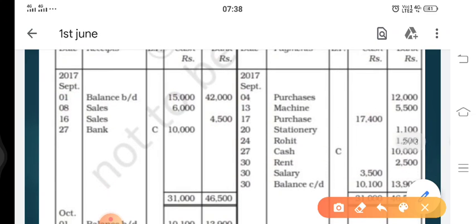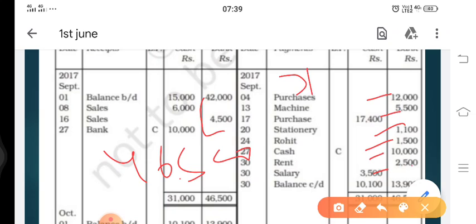Now let's check the bank column. In the bank column, here we have 42 plus 4, that comes to 46,500. But we have discussed that here any balance could be greater. Currently we can see in this question that 46,500 is written, which means this is the highest balance, but still we'll check it out. On the credit side we have 12 plus 5, 17, 18, 19, 21, 31.